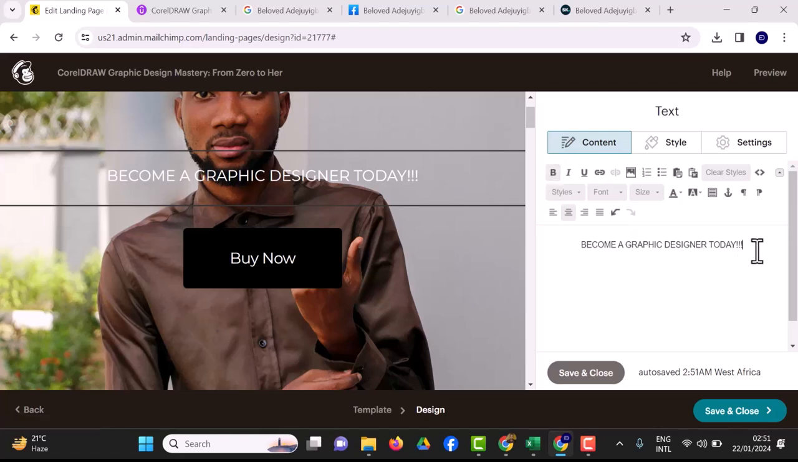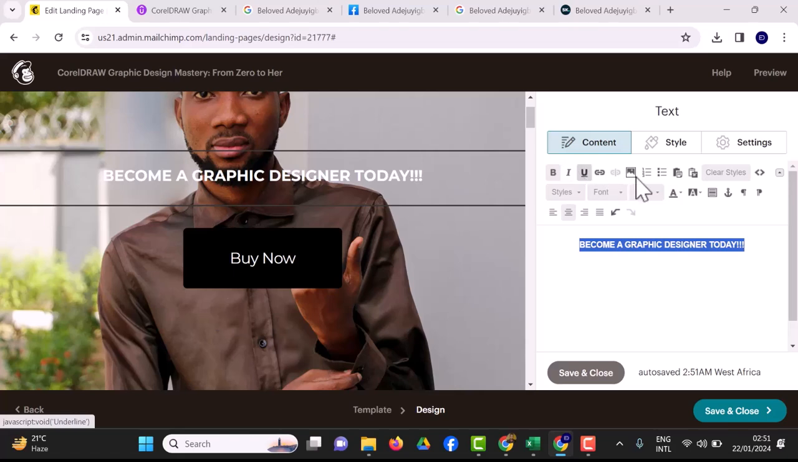We're going to bold it, Control B, and we're going to make the text bigger. Of course we want to make the text bigger, and we can change the text color. We can change the background color of the text and others. But right now what I want to do is to